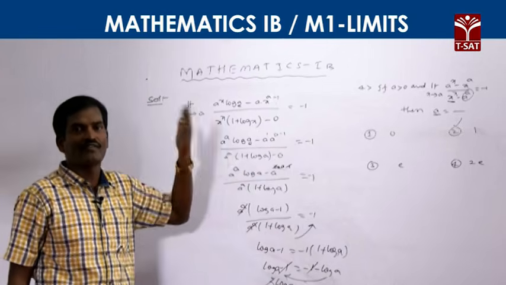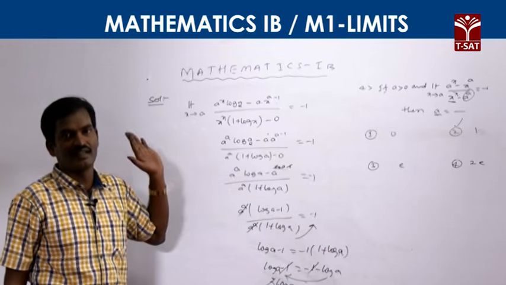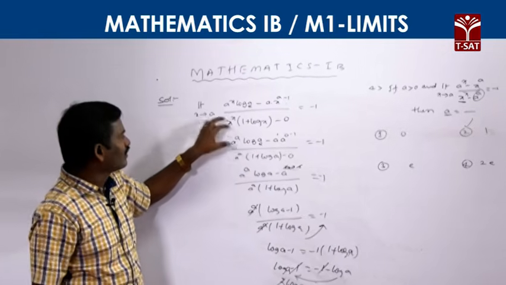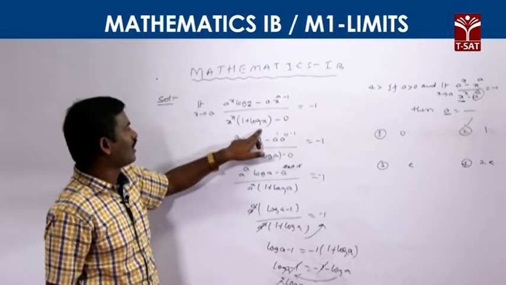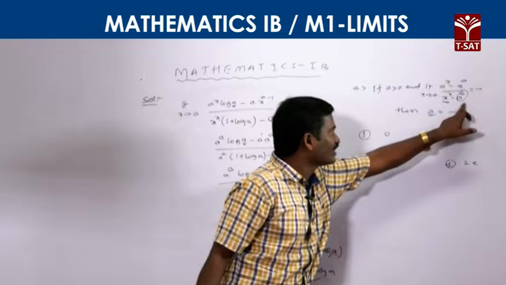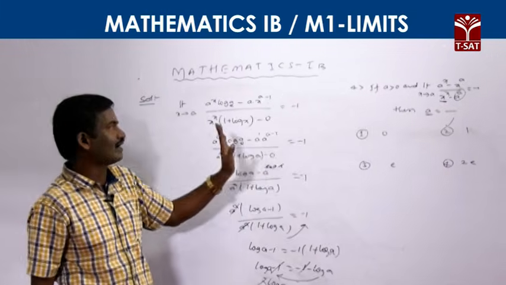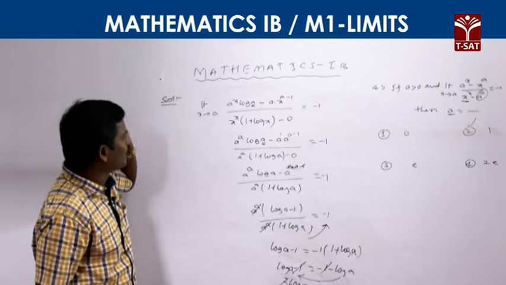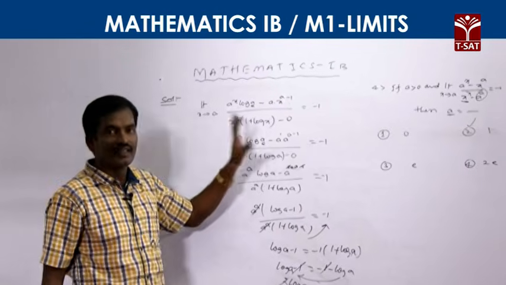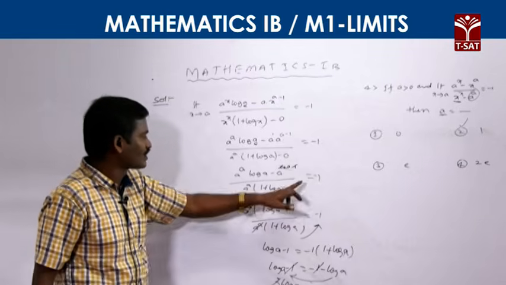ఎందుకంటే ఫంక్షన్కి పవర్ ఫంక్షన్ ఉంది. So it is difficult to find the derivative for that function. So here that x power x derivative already we did. So x power x into 1 plus log x you will get. So next function is a power a. అది కంప్లీట్ కాన్స్టెంట్ కాబట్టి దాని డెరివేటివ్ 0. దాని తర్వాత లిమిట్ x approaches to a కాబట్టి ఆ a అనే విలువని ఇందులో ప్రతిక్షేపించగా మనకు వచ్చిన వాల్యూ -1